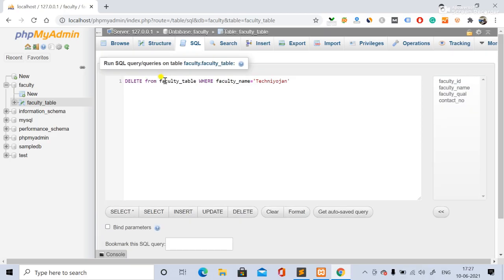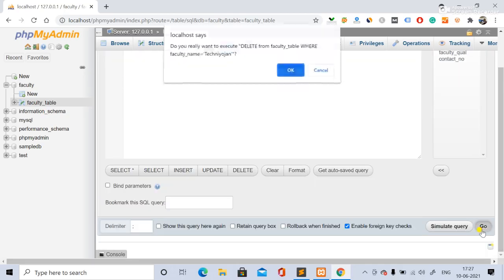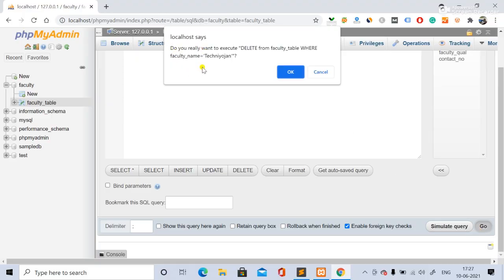That means we are deleting from the faculty table the data where the faculty name is Tech Niyojan. So go, see, it asks for confirmation, because if the data is deleted, it can't be reverted back, but other processes are there to retrieve that data.